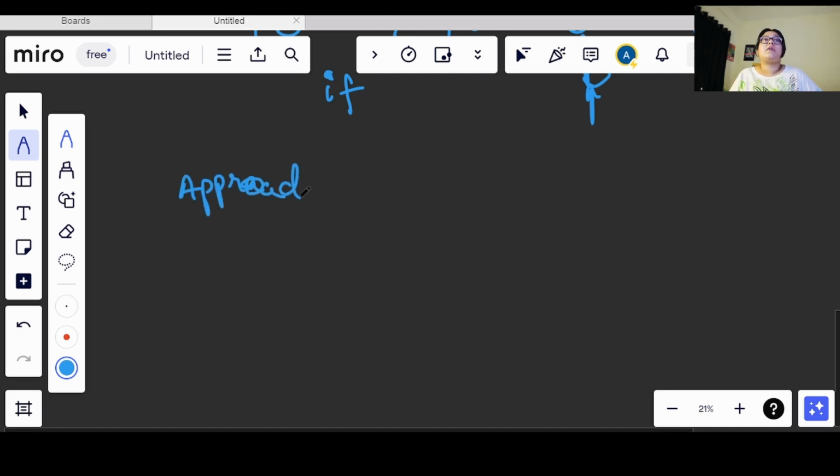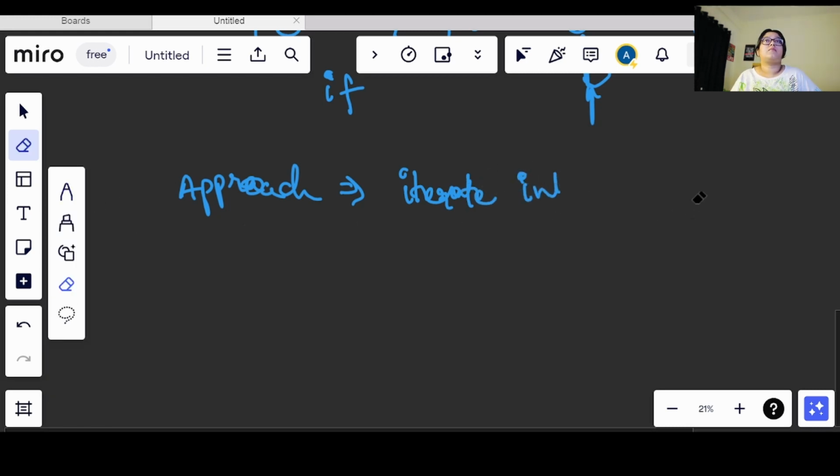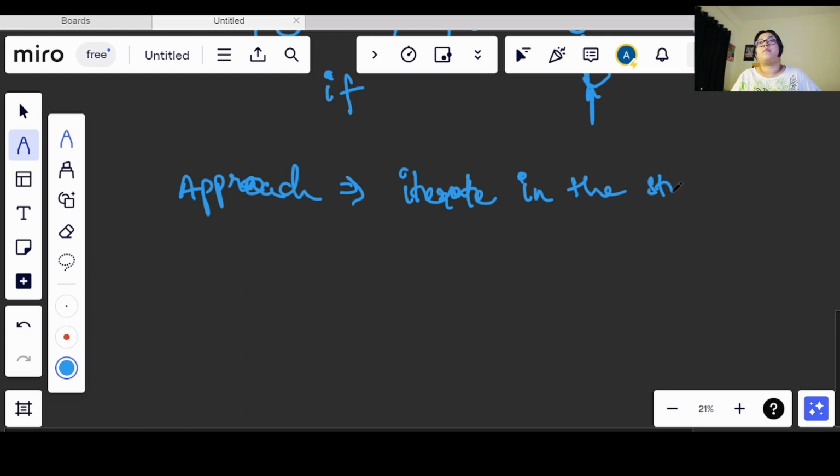We will be iterating in the string, which contains only alphabets and numbers.